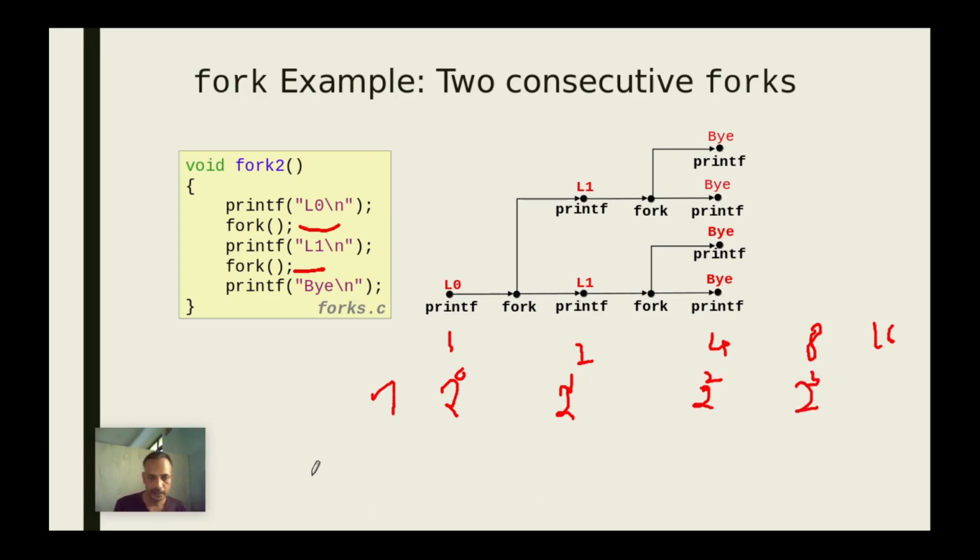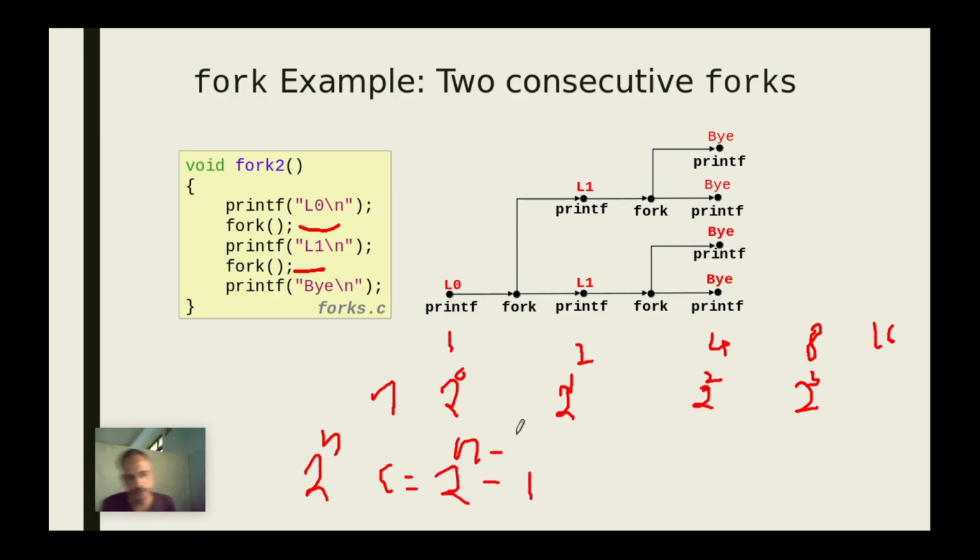Okay, so the formula is, if there are n number of fork system calls, the total number of processes is 2 raised to n. And how many child processes will be there out of this 2 raised to n? For example, say these 2 processes. How many children are there? This is one child process and this is the parent process. So there is one child. How many children are here? This is the main parent process. This is a child, this is a child, this is a child. That means 3. For 8, there are 7 children. For 16, there are 15 children. That means the number of children is 2 raised to n minus 1.